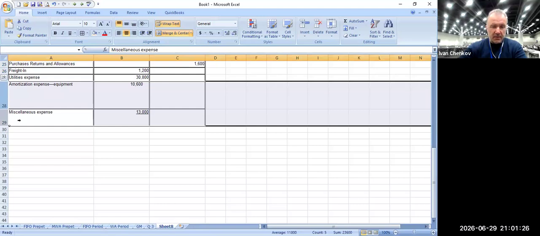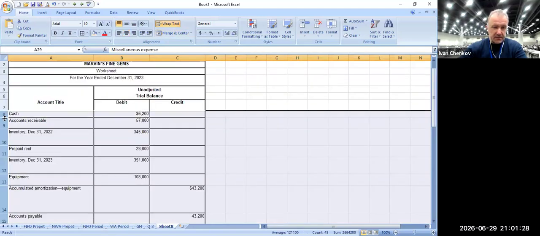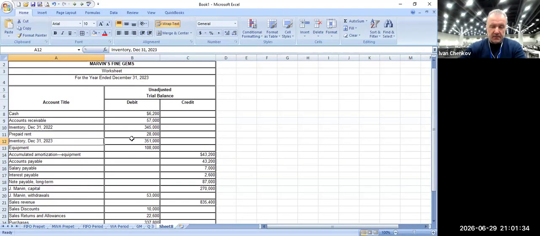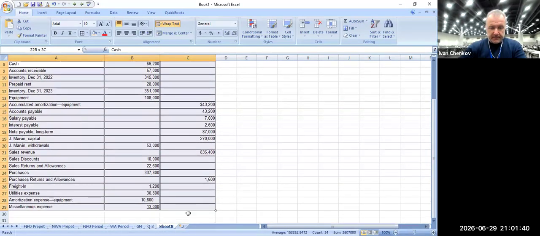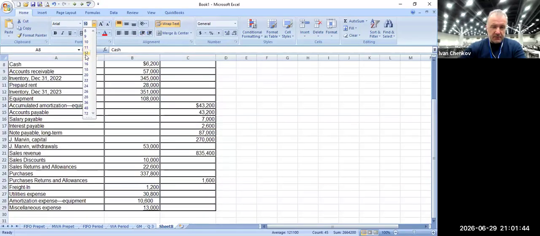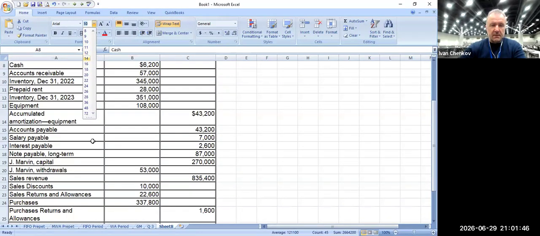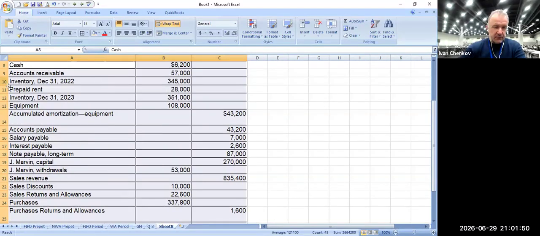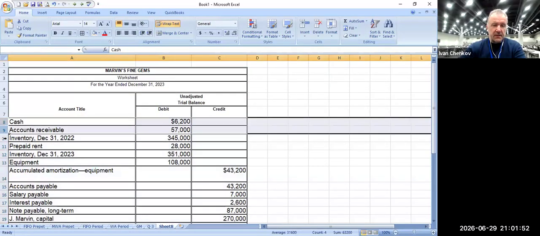Now, this is not a trial balance because it's not in balance. It's not a balance sheet. It's just an extract. It's a worksheet, as you can see. If we run the balances, they're not going to match. The debit's not going to be equal to credit. Now, what we can see here is, the first thing I want you to learn is to observe the information